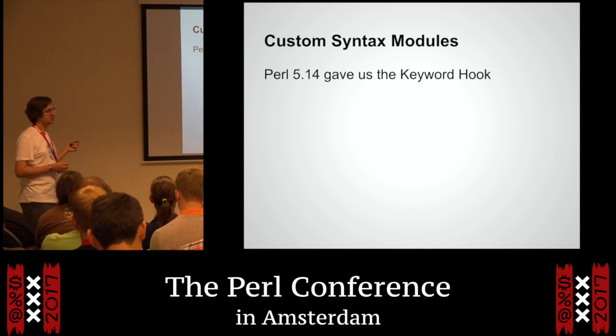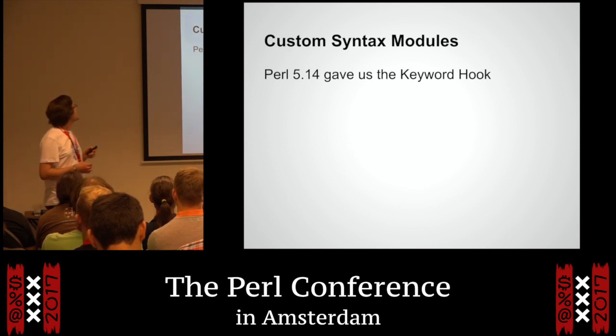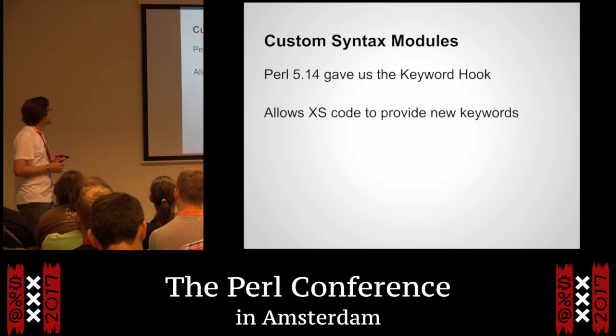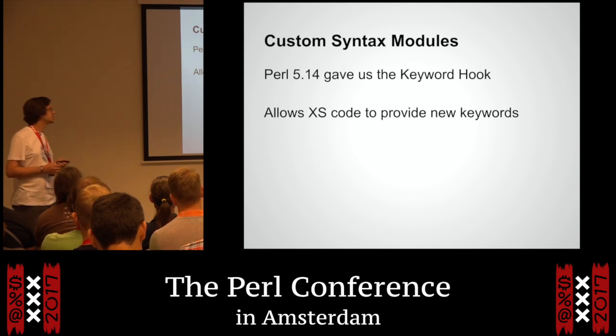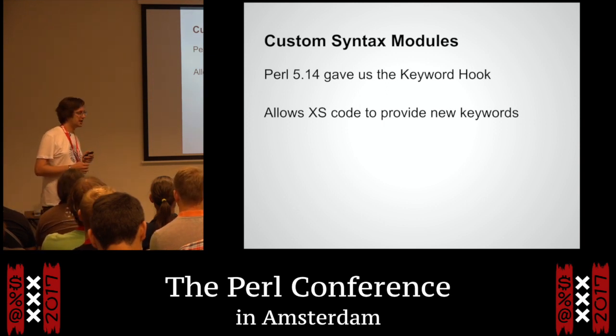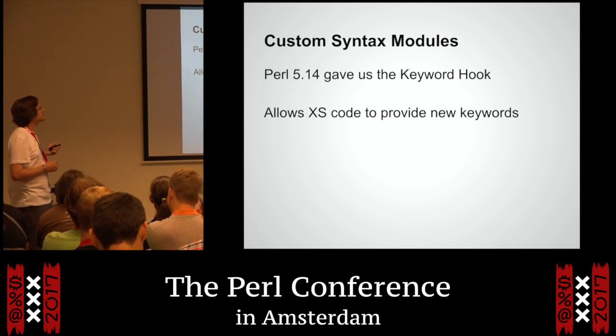So, as of Perl 5.14, we have this fancy keyword hook. Damien talked a bit about that yesterday, but he did a very weird implementation, and I don't like it for a number of reasons. But anyway, we have these keyword hooks. Primarily they allow XS code to implement new keywords. Damien was using a module called Keyword::Simple, which, I don't know if he's in, oh yeah, there he is, which allows you to access a subset of what you could do from pure Perl.